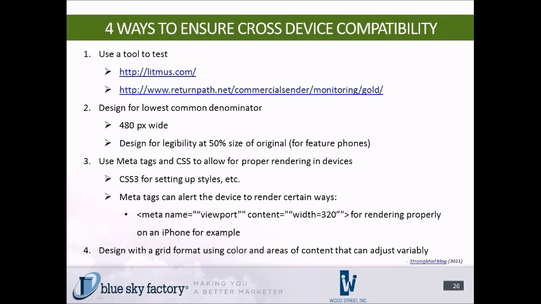You can also use meta tags to alert the device to render certain ways. Here's an example for an iPhone where it actually will tell the iPhone what the width is and how to render your email properly. And design with a grid format using color and areas of content that can adjust variably. And what that means is that you don't have fixed width tables, for example, where you have things laid out in table formats that those tables are going to be 100 pixels wide no matter what. These are areas of content that can adjust based on how the image or how the